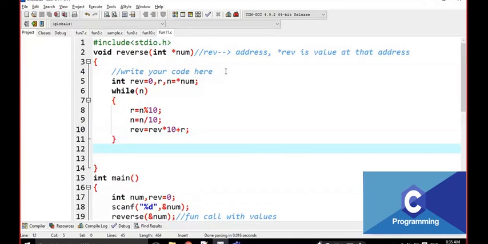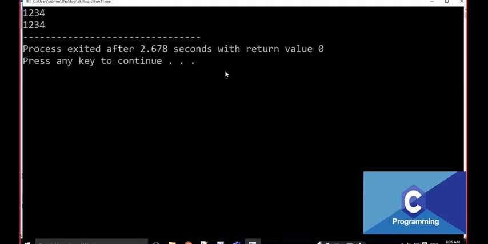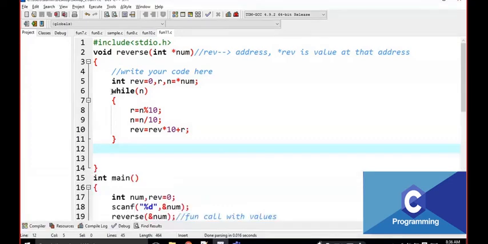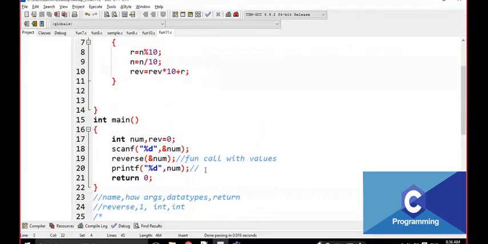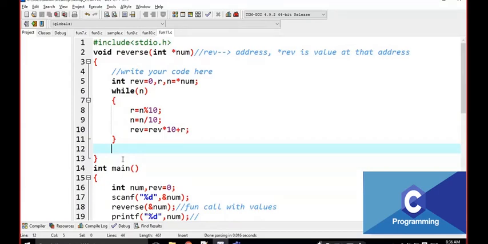Look here. There are no modifications on num, but I want to return num. For example, at this time I execute it and give 1, 2, 3, 4. The output is also the same. Why? Because I'm not modifying any value. I'm modifying the reverse, but I'm not modifying num. The output here is num. This is the mistake. We write the logic perfectly, but we are not satisfying this program.